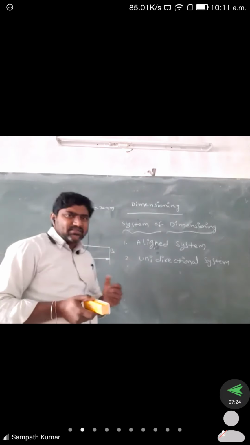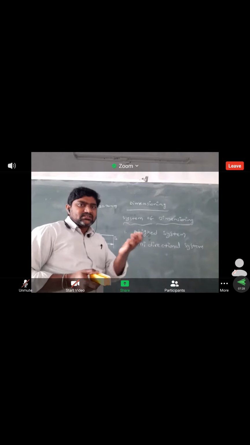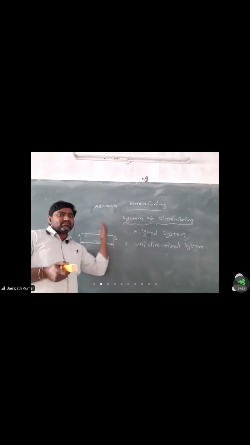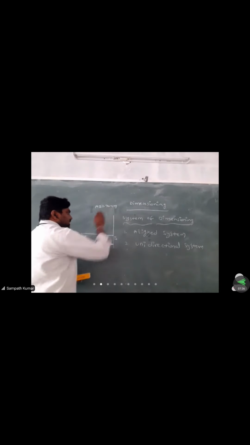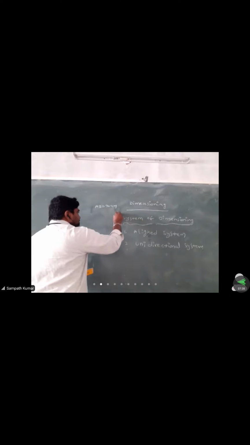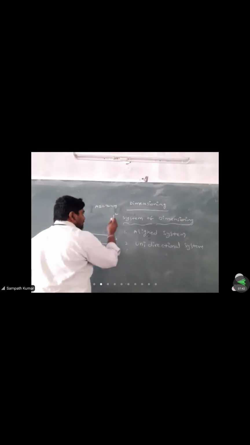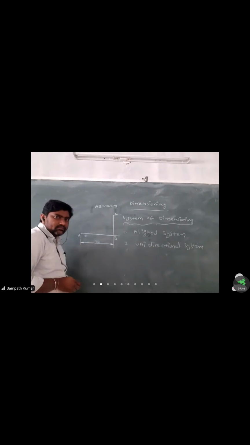Okay, aligned system is defined as it reads the object bottom of the drawing sheet as well as right hand edge of the drawing sheet. Suppose we had to give, this is the vertical line, this is BC. AB is the horizontal line, BC is the vertical line. Then we have to draw the perpendicular lines from B and C.